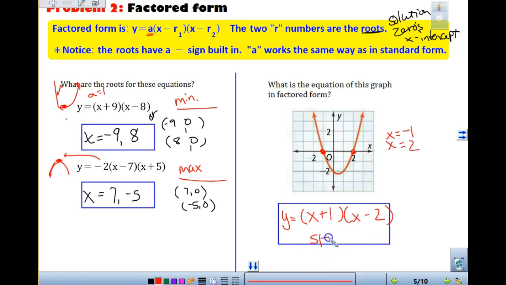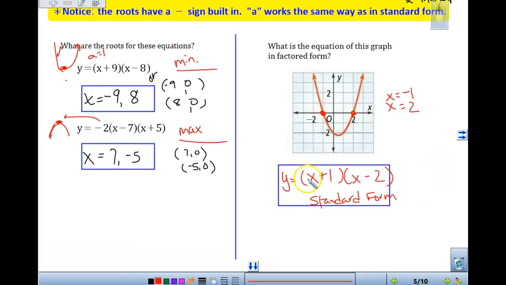If I asked you now to write it in standard form, because some of your homework is going to say, okay, you got it in factored form, that's great, I now want you to put it in standard form. I need to multiply this out, right? So x times x is going to give us x squared. My middle term is 1x minus 2x, which leaves me at a negative 1x. 1 times negative 2, so using that FOIL or multiplying it out with that extended distributive property,